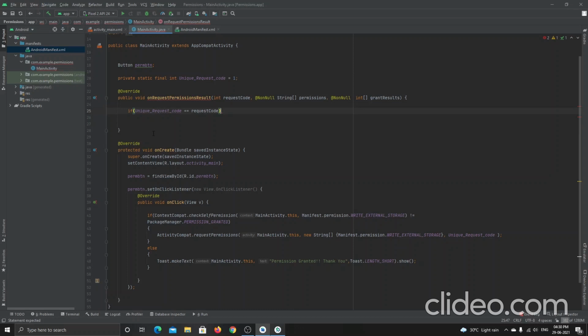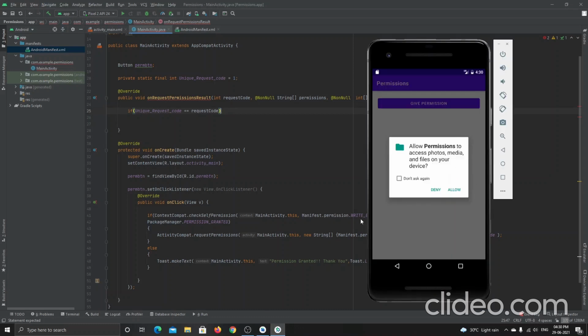So why I'm declaring it here: see, if he clicks on deny, then I want to display him an alert message. Like if the user clicks on this deny, then I want to provide him a dialog box telling him, you can't deny this option because it is very important to store the file inside your device and so on.